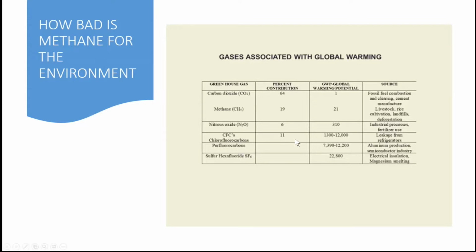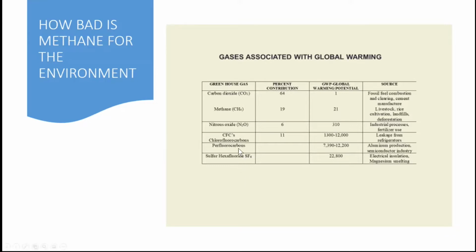As a matter of fact, the one who discovered that, a fellow named Mario Molina, and 2 of his colleagues, whom I've actually met. I met Mario once, and he just died last year at the age of 77. He won the Nobel Prize, I believe it was in 95 or somewhere around that time, for discovering how ozone gets destroyed by the chlorofluorocarbons. And as you see here, it's about 1,300 to 12,000 times the GWP, which means if we take the most conservative number, highest number, over 12,000 times, that's how many times it heats up the atmosphere.